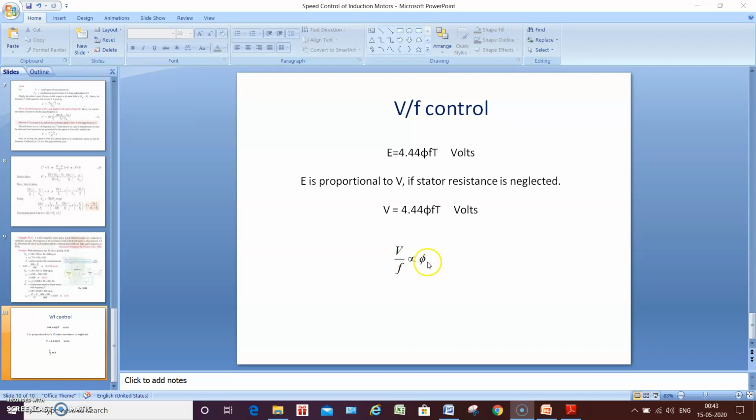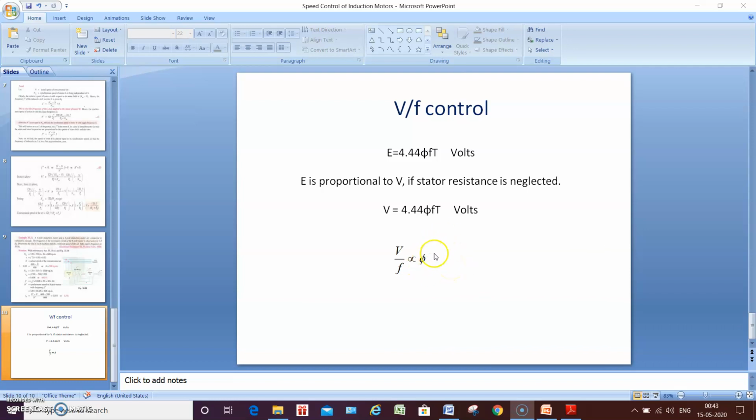Or on the other hand, if we increase the flux to control the speed of the motor, what will happen? It will draw more magnetizing current at the saturated conditions of the motor. That will distort the supply voltage as well as the supply current. The source current will get distorted, and it will introduce harmonics into the source as well as into the motor. That will result in very bad operating conditions of the motor, so that should be avoided. So what we understand is, we are supposed to keep the flux at a constant value.